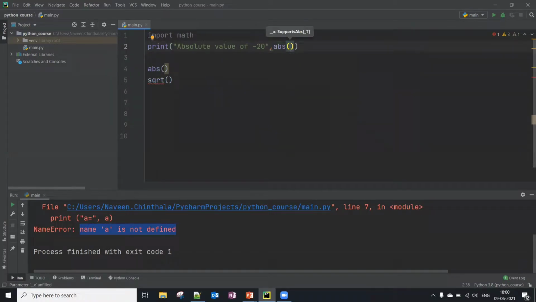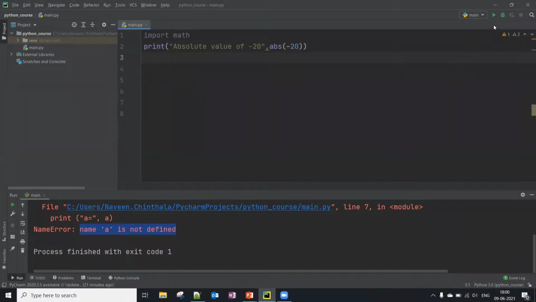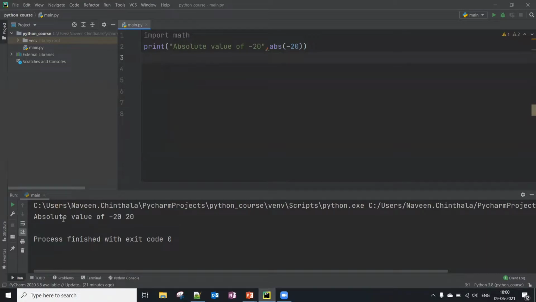So here itself we can give it, and what is the absolute value of minus 20? It is 20. If it is on separate lines, that would be easy to read.